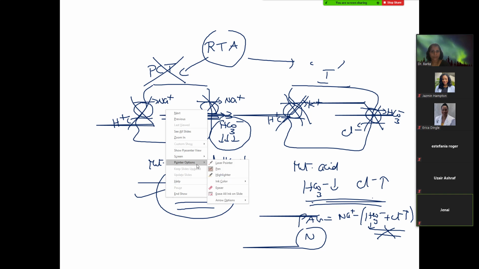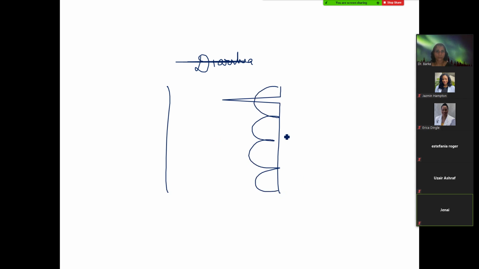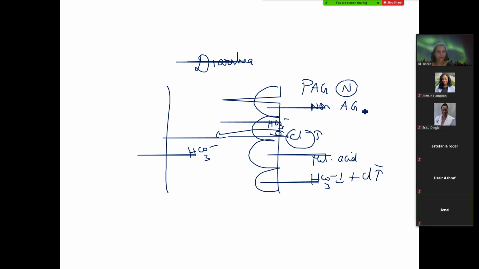Next, in diarrhea, what will happen to the anion gap? In diarrhea, as I told you yesterday, the intestinal cells along with mucus will excrete bicarbonate across the bicarbonate-chloride exchanger. Since you are losing the base, it is metabolic acidosis, where bicarbonate decreases, but chloride will increase. Whenever you see bicarbonate decreasing and chloride increasing, what will happen to the anion gap? It will be normal. So we call it a non-anion gap